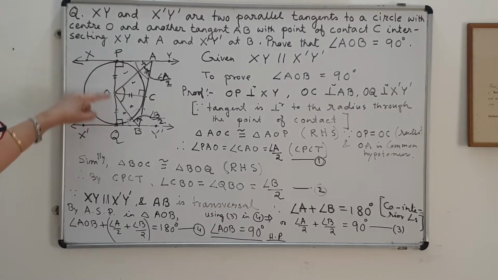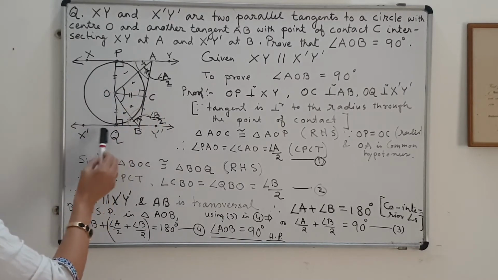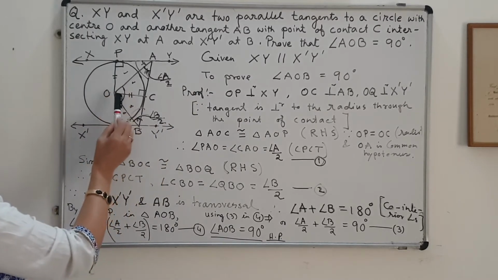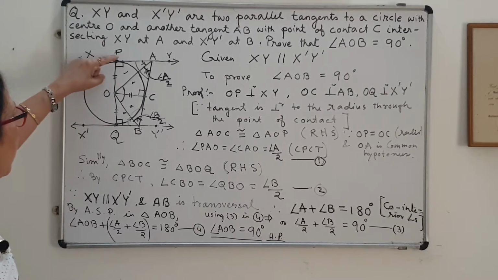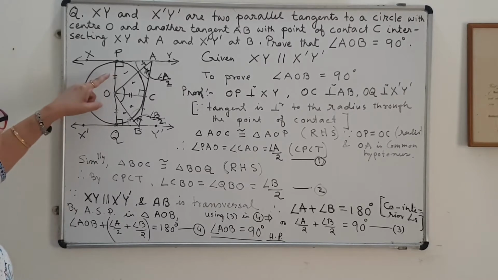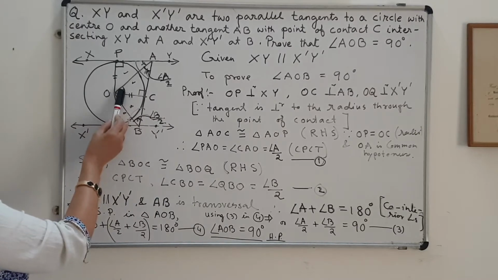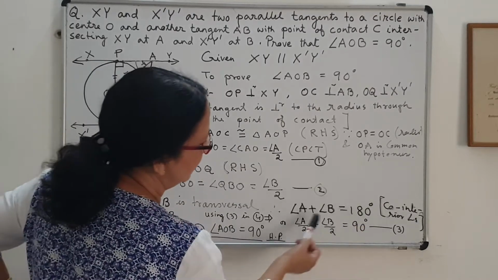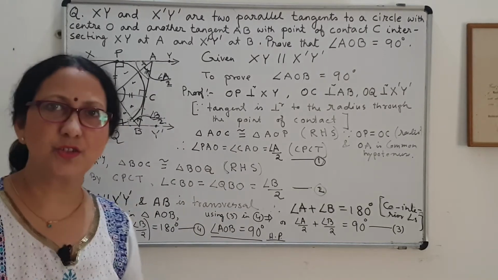But it will be lengthy, because then you have to show that OP is perpendicular to XY and OQ is perpendicular to this, and since XY is parallel to X dash Y dash, OP must be parallel to OQ, and since O is a common point, this has to be a line. So first of all you have to prove that POQ is a line, then only can we say that this is 180 degrees, so it will be a lengthy process. That's why I have told you, instead of taking these two angles equal by CPCT, take these two angles equal by CPCT, then your work will be very simple, as I will be considering that co-interior angles are supplementary for parallel lines. Okay, I think you understood.